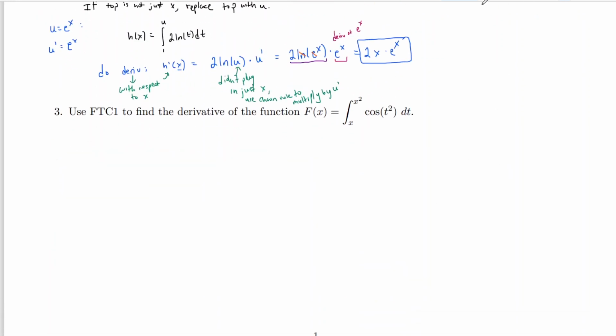All right, so the last example here, just because we want to cover all of our bases, is that you can still use the fundamental theorem of calculus, part 1, if you have letters on both bounds. And the idea is broken into two parts like this. Since we have letters on both bounds, one's x and one's x squared, but they could be cosine of x and sine of x, just things with x. Well, what's not going to help us is flipping by using a negative. And that's not going to help us because we're still going to have an x on the bottom and x on the top. So what you can do is split